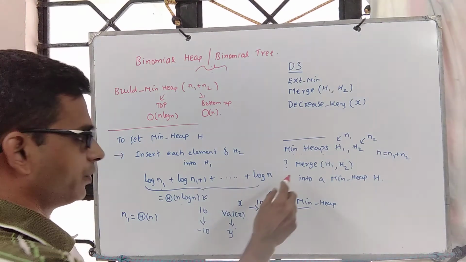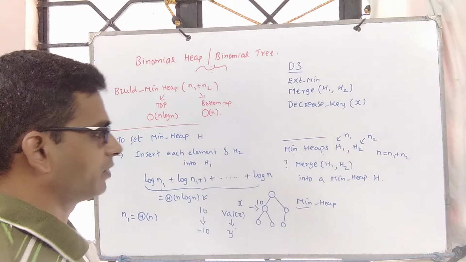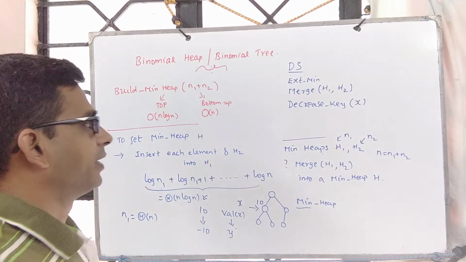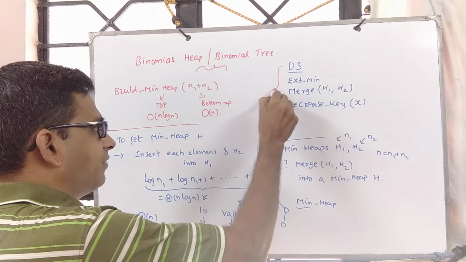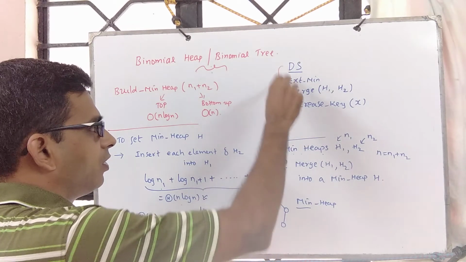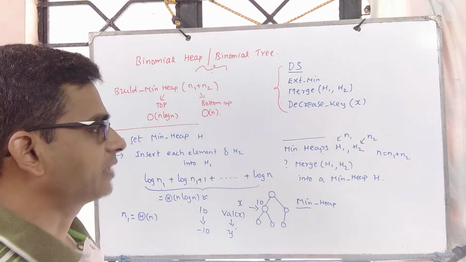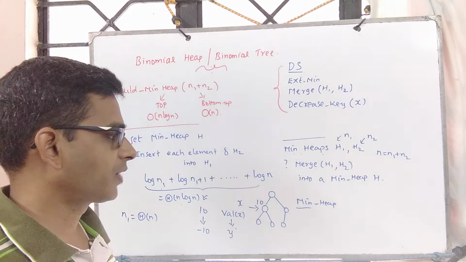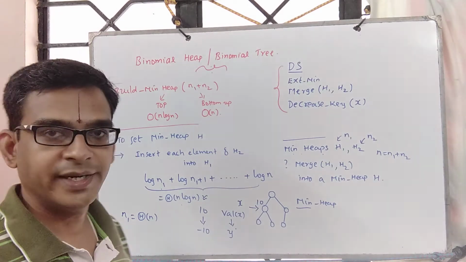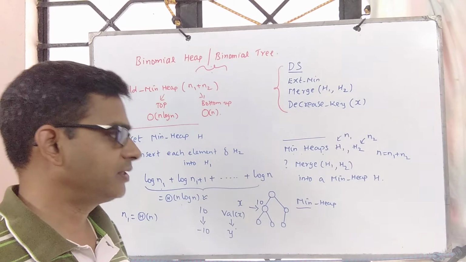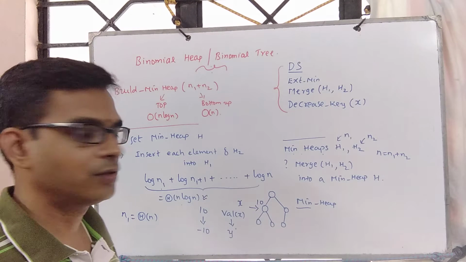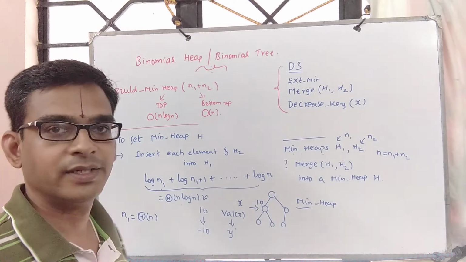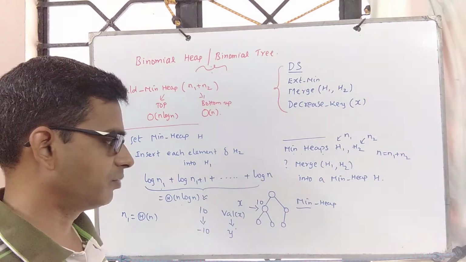Now we want to do something better than this. So can merge be done in, say, order log n time? Can we think of a data structure where all three operations can be performed efficiently, say order log n time? So how do we organize the data, or what modification we should bring in to the existing heap so that these operations can be answered efficiently? So that is the motivation.